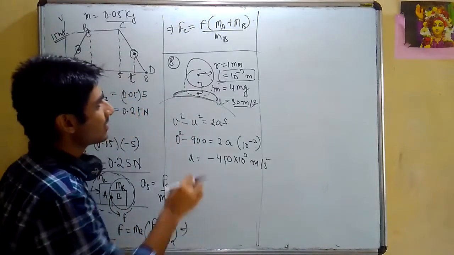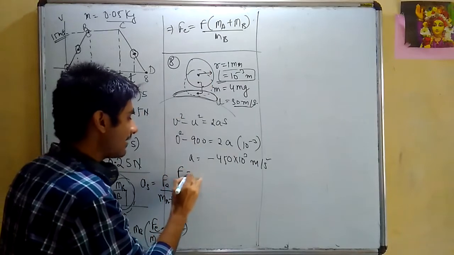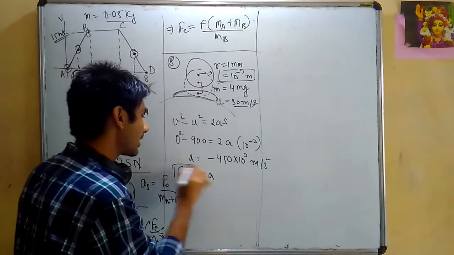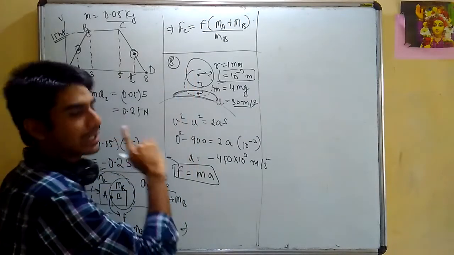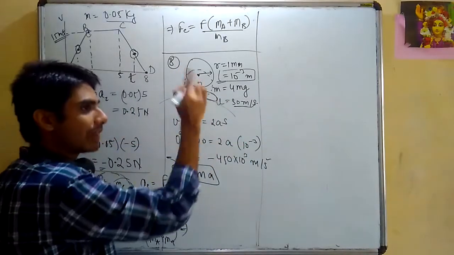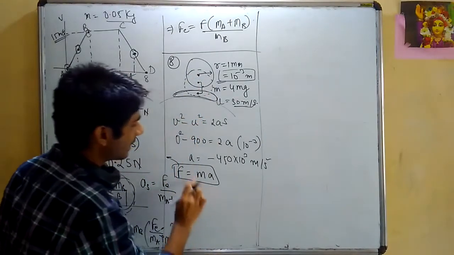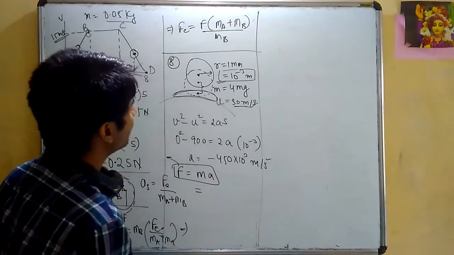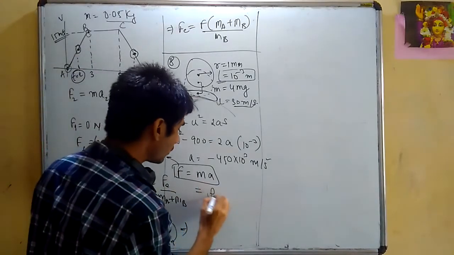So this is the acceleration of the drop. When I apply F equals ma, this will give me the force exerted on the drop by the head. From the third law, this will be the same force which the drop applies on the head, which is being asked in the question. So I'll directly solve now. Mass into acceleration. How do I find the mass? I'll find the mass using density into volume.